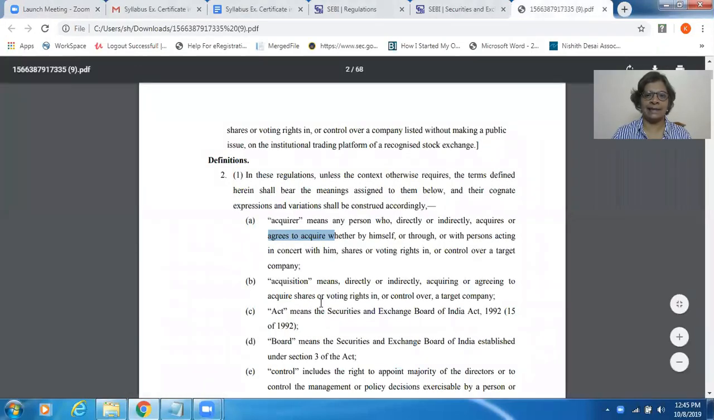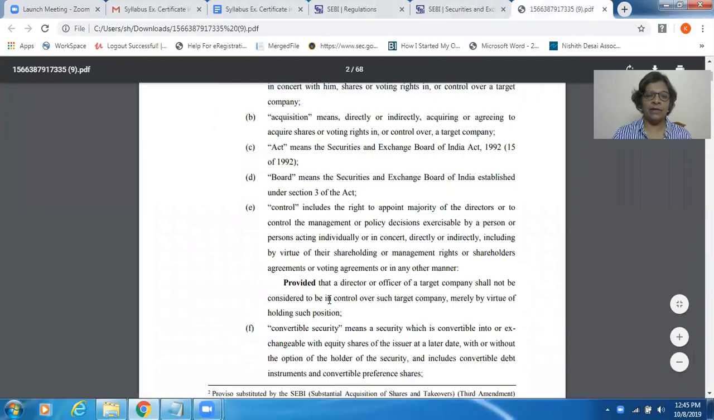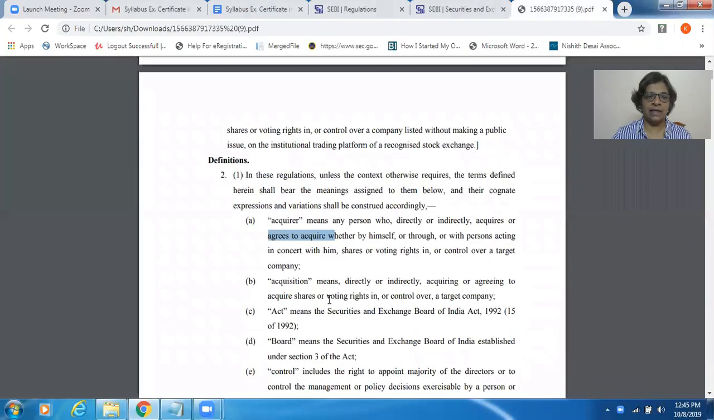So how can you acquire control over a company in terms of the takeover code? The word control has been very specifically defined in the SEBI substantial acquisition of shares and takeover regulations. And we will have a look at it to understand what control exactly means. So if we look at the definition, which is in Regulation